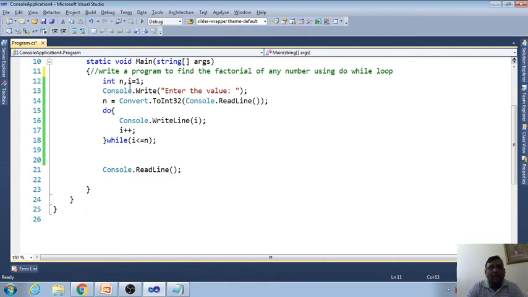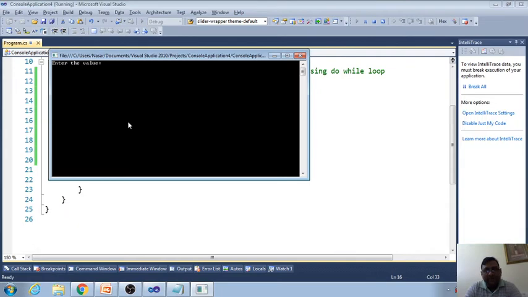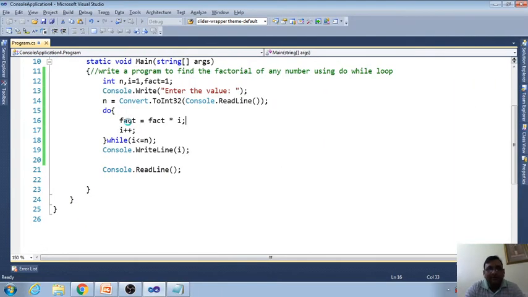So here this is the n and this is the i, and another variable we need to declare, fact equal to 1. And here fact equal to fact star i, because we are going to iterate with i. Run this program, give 5.